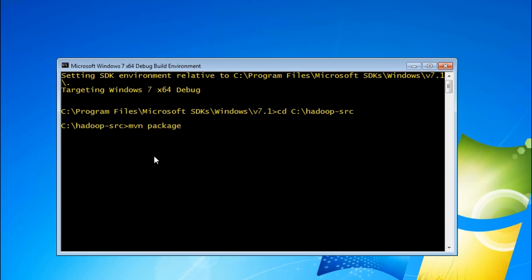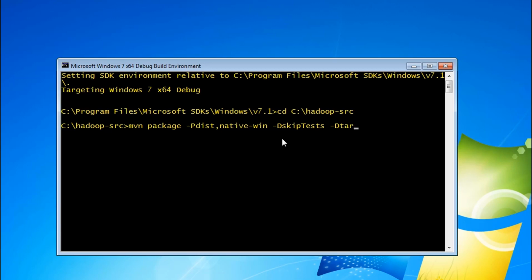Now type mvn package -Pdist,native-win -DskipTests -Dtar. So what we are doing is asking Maven to look at the POM, build the distribution for native Windows, skip the tests because that's going to take time, and finally give us the tar file.